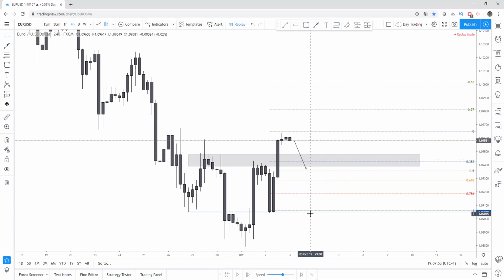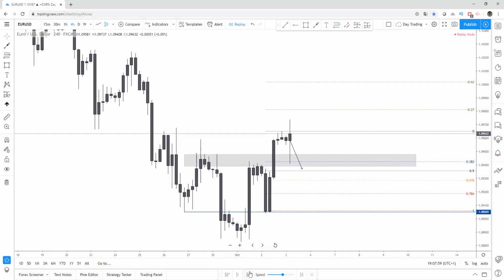And I am not interested in taking longs until I get a 4-hour rejection. This is my criteria. Okay, so now I got a 4-hour rejection. So this is the first confirmation that I have an entry here. But is this enough? Well, price just tapped into the area and pushed to the upside. So no, I want to see